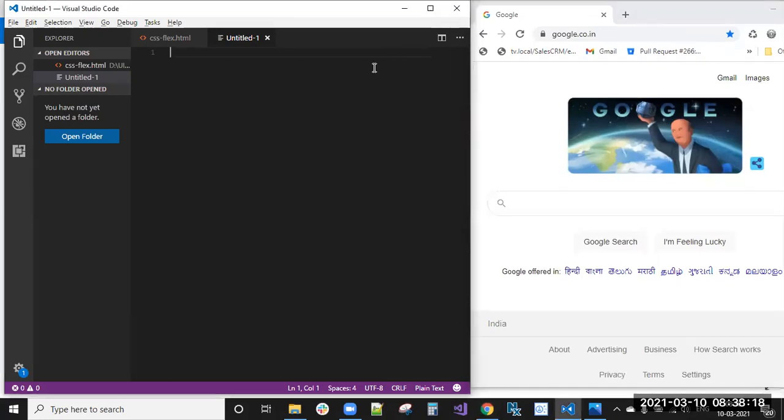This JavaScript we will also include in our HTML file only, because the three languages are HTML, CSS, and JavaScript. These three languages are the most powerful, and they are the basic programming language things we need to know before learning Angular.